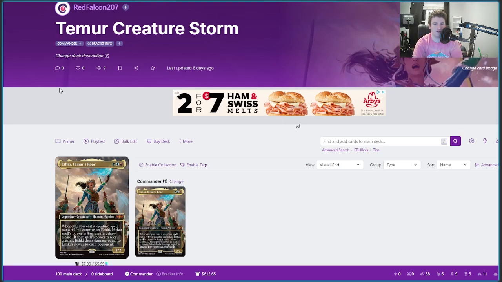I've got another Tarkir Dragonstorm commander deck for you. Last week we took the alternate Abzan precon commander, since we took that out of our precon upgrade. This time we did take Eshki out of our Temur precon upgrade, so let's go ahead and make a deck